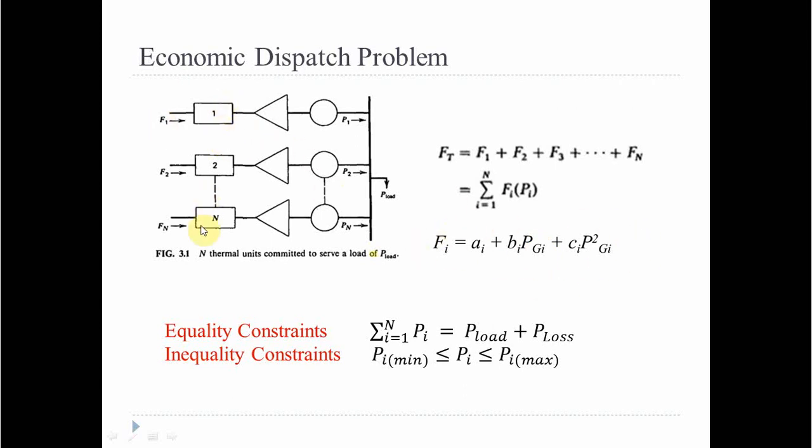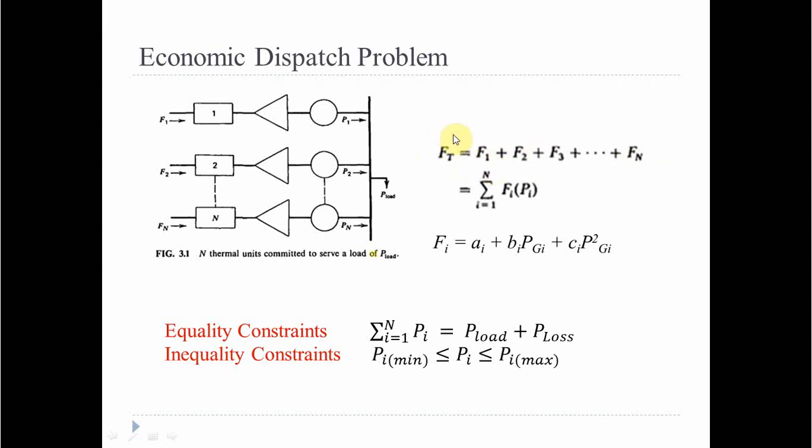For every thermal unit you can express F1 or F2 or any fuel input Fi as a quadratic function of the power output of that particular thermal unit. So every unit is expressed by the same quadratic function,